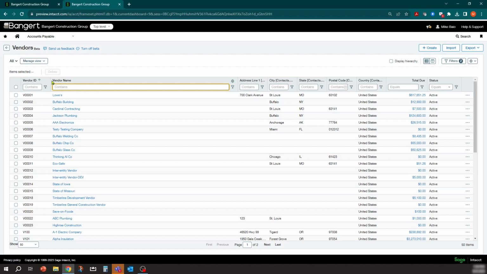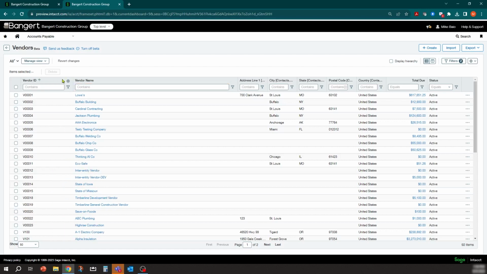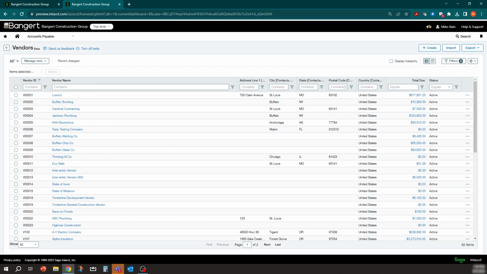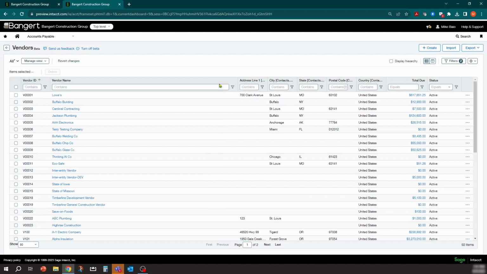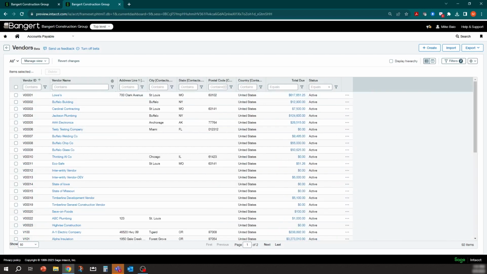You can customize the columns very easily. You can move back and forth, make them bigger, make them smaller, and you can change the order. So if I want the vendor name first, I can drag it over and change my order. Okay, so you can do all of that interactively on the fly instead of going through the wizard. For example, I might want to make my vendor list small.